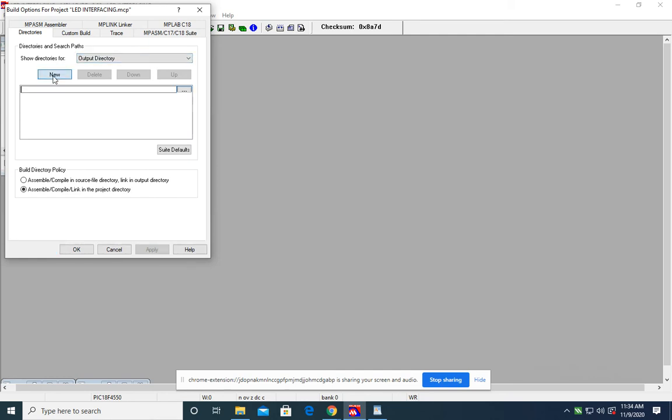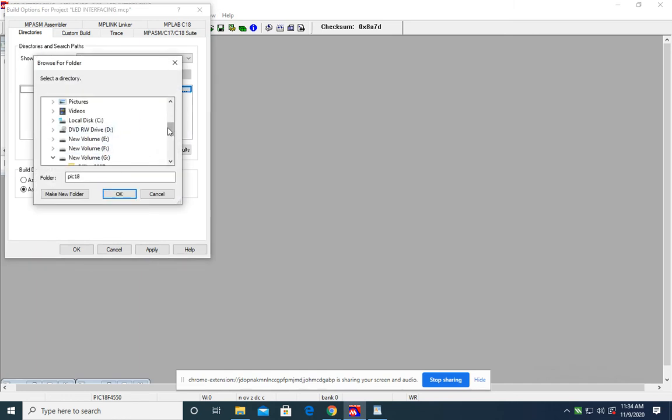For that purpose, you have to click on New. Browse for your folder which is saved in your drive, whether it is in D drive, C drive, or another drive.